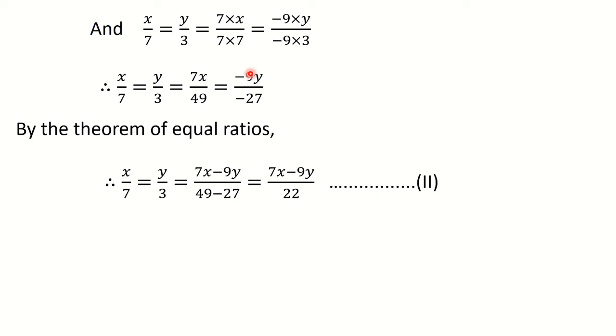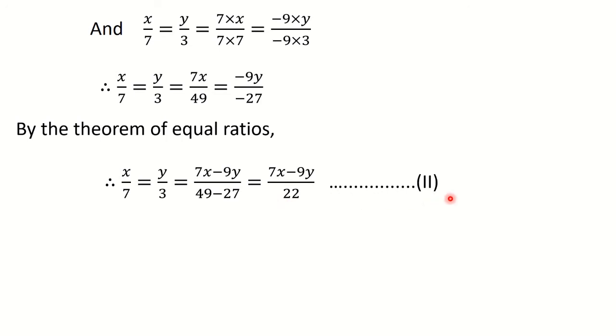Here if you multiply by plus 9, then also it is okay. But while writing here, you must write minus, because in the question minus is given. Even though in the theorem plus is given, you can put the minus sign also, because you know that to subtract is nothing but to reverse and add. That opposite number we are adding. So the subtraction sign also is allowed. Don't think that in the theorem the plus sign is given and we are using minus. No, that will also do. So finally here 49 minus 27, we are going to get 22.